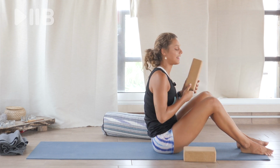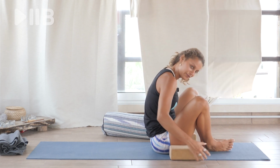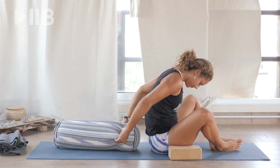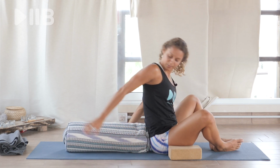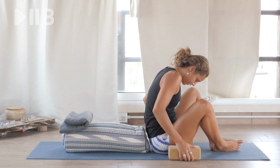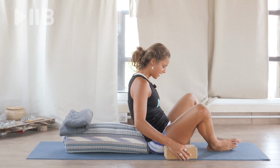Setting yourself up for the last pose of the day, which is Supta Baddha Konasana. And it's actually a pose, if you followed my class, if you followed the other videos, that I really enjoy getting bodies into because it actually feels so great. So what you want to be using is your bolster. Your bolster is going to be in line with your spine behind you. Feel free to grab extra support if you have a very long spine, to place at the top of your structure. And when you have this, grab your blocks or your book, place it close to your outer thighs